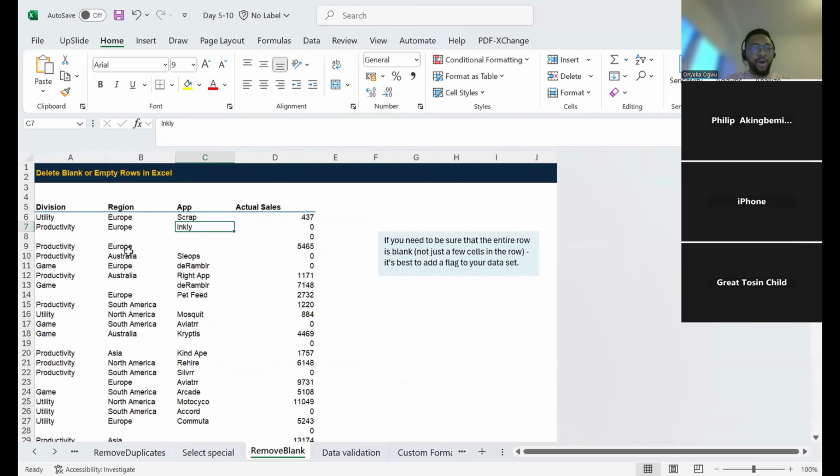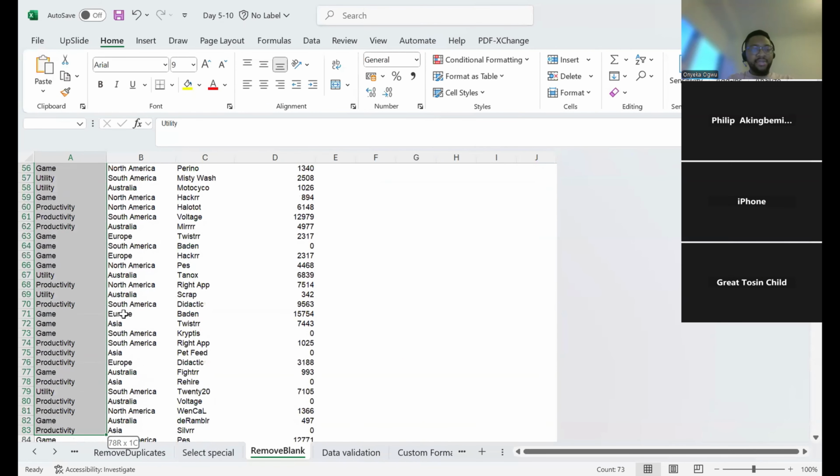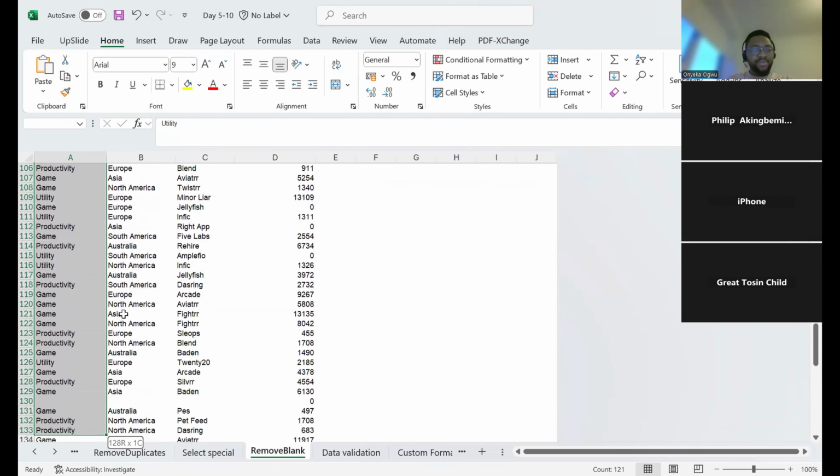For regions, the same thing I'll do for regions, the same for divisions, the same for apps. So please, can you do that as well? This must be an exercise until we see empty rows. So now let's do the same thing for divisions. I select everything I want in division,